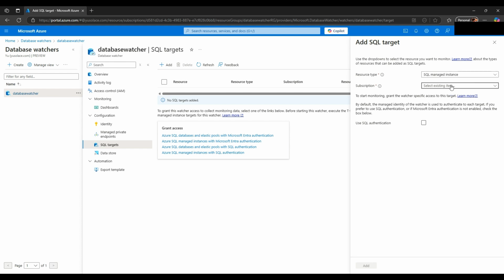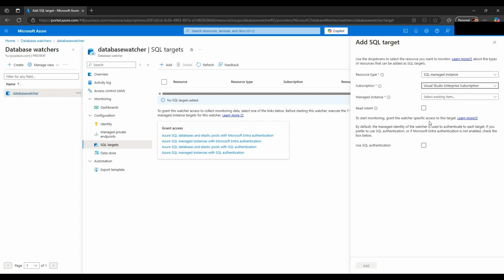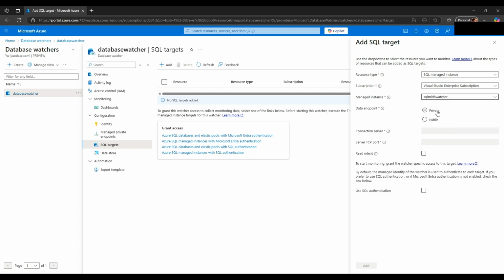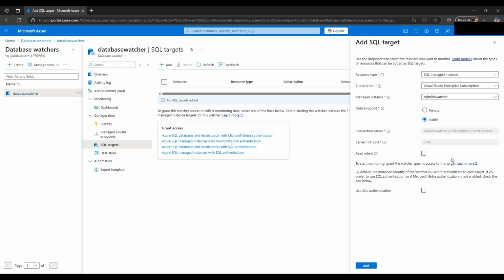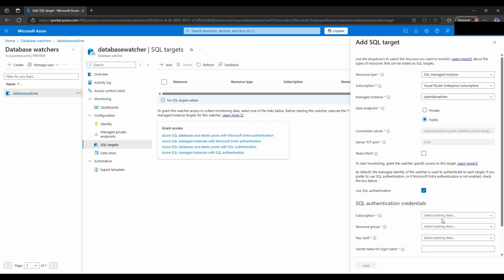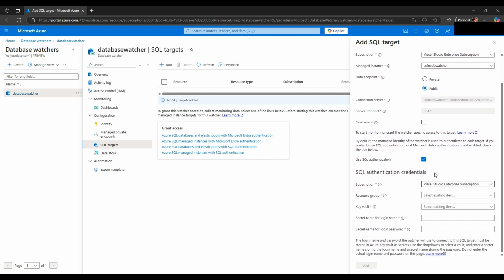So I'm gonna just go select manage instance in my subscription, and I believe it's this one. I'm gonna use a public endpoint, just to make it simple here. And then I'm going to use SQL Auth, like I explained earlier, and what I need to know is where's my Key Vault. So I think I have one already, so I'm just going to use the existing Key Vault I have deployed